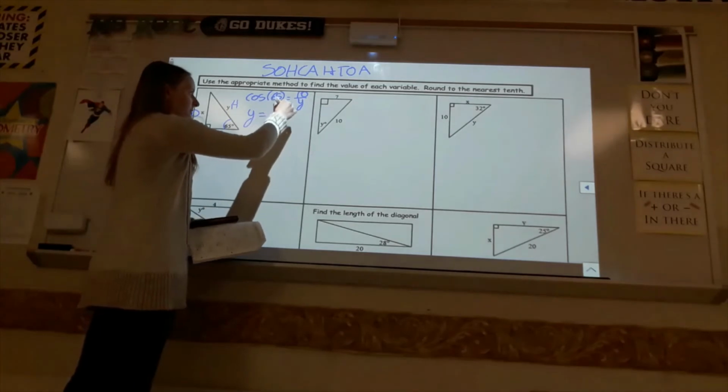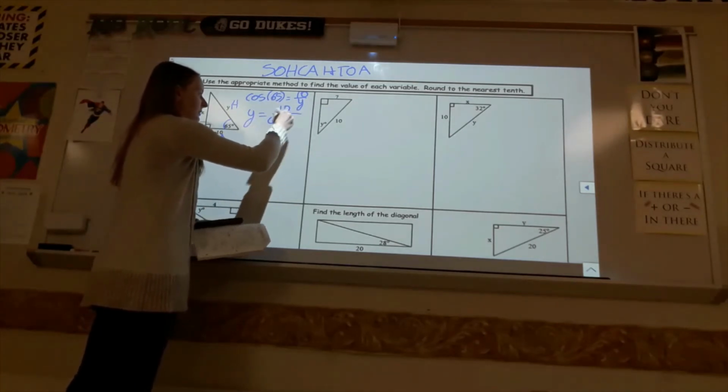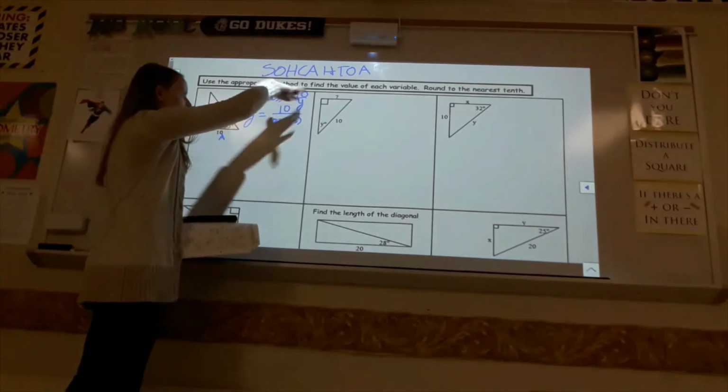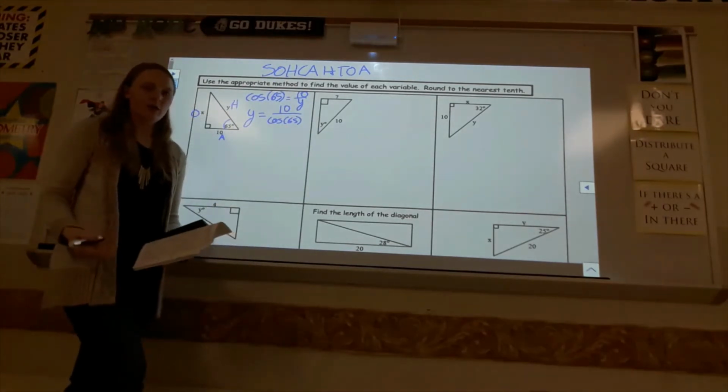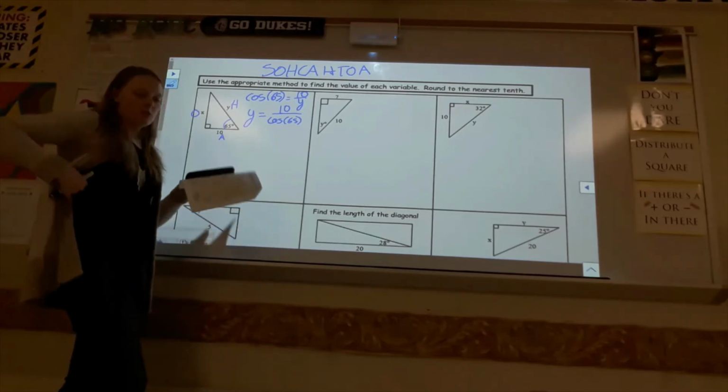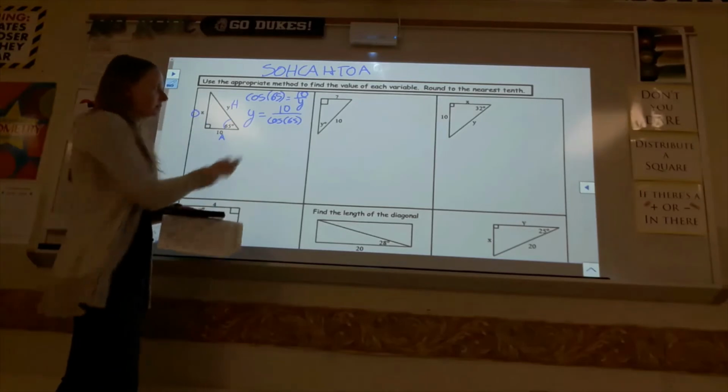So it basically just turns into that. So all I did is I multiplied the y and then divided the cosine to get y by itself, and move the cosine in the place of the y. So this is all you would have to do to rearrange the equation, and then you literally just plug that